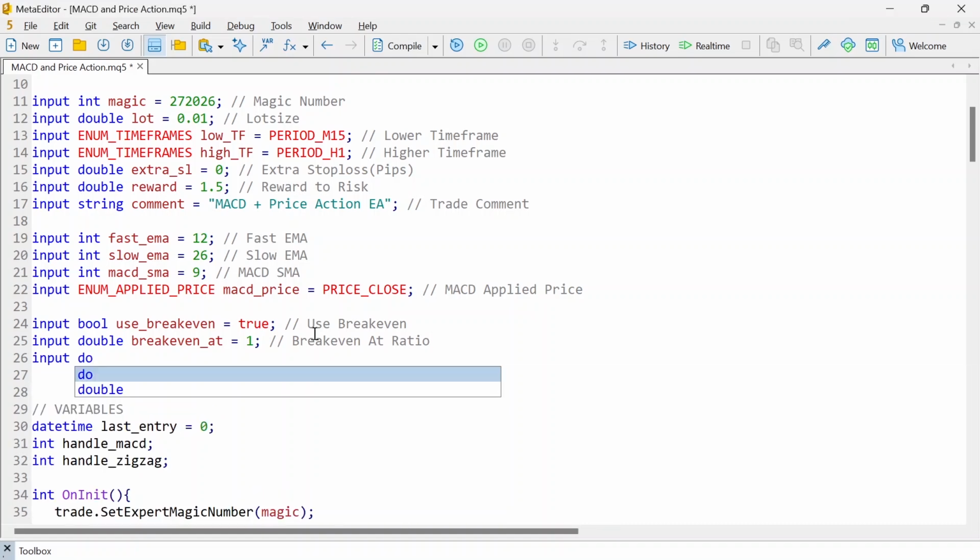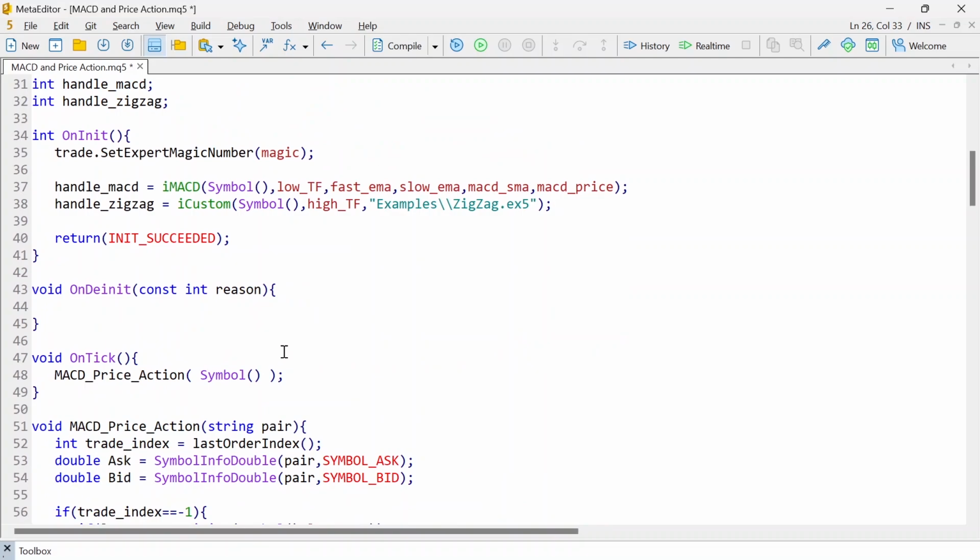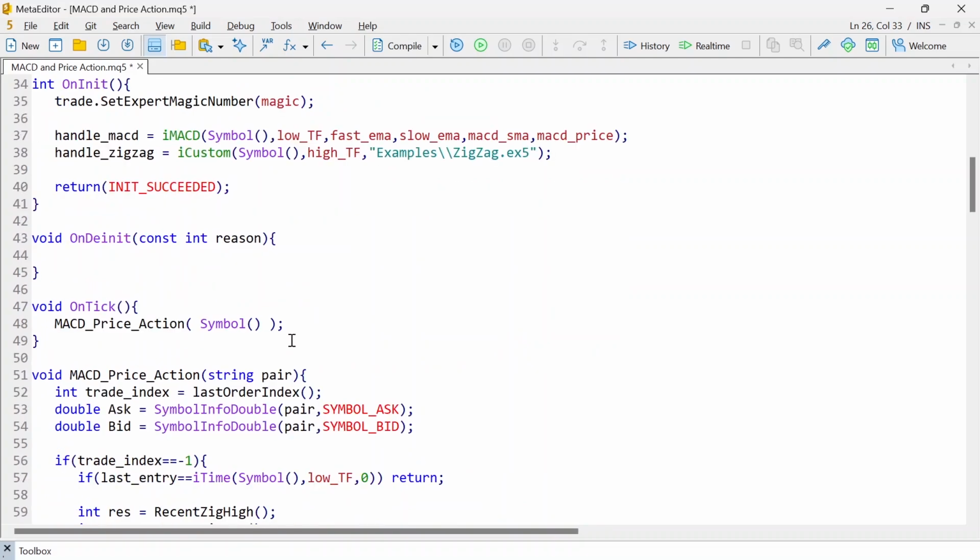So now we want to keep an extra point or pips. So break even extra, by default that should be 0. In the case where you just want it to be on exactly the entry price, so break even extra means that after setting break even, you want no extra value. The user can also adjust that if he or she wants an extra value, maybe for the commission